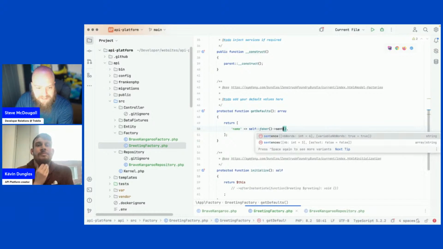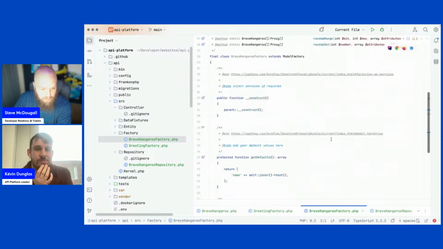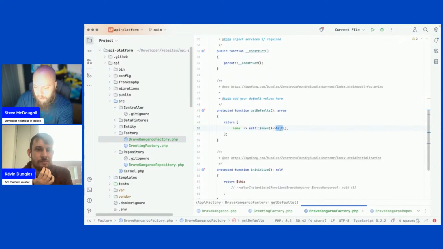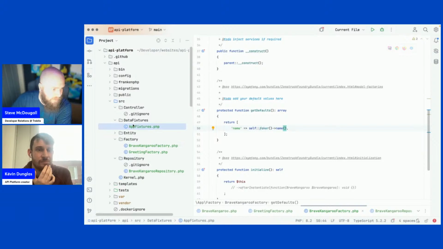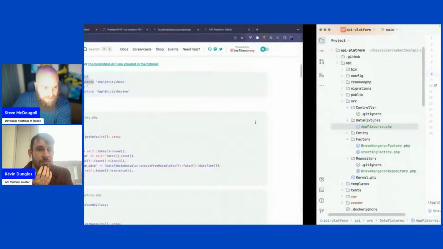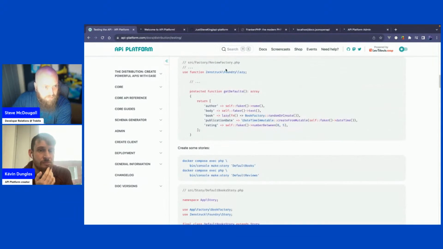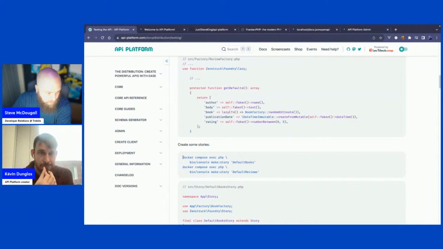So let's say we're going to use a sentence instead. Brave kangaroo. We can swap that to a name. Data fixtures here will, I'm not 100% sure what that does yet, but we can figure that out. So the factory is done. Review factory, then we make a story.